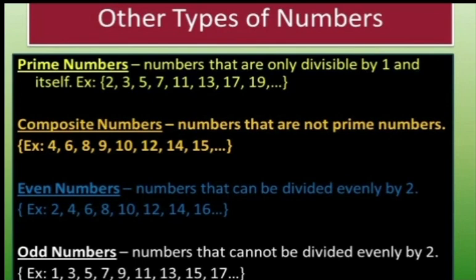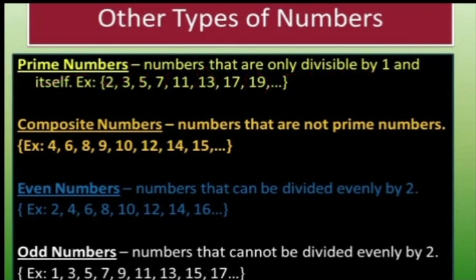Prime numbers. What are prime numbers? Prime numbers are the numbers which are divisible by 1 and the number itself. For example, 19. 19 is divisible by 1 and by 19 only. Consider another example, 13. 13 is divisible by 1 and the number 13 itself. 7 is also a prime number. It is divisible by 1 and the number itself.